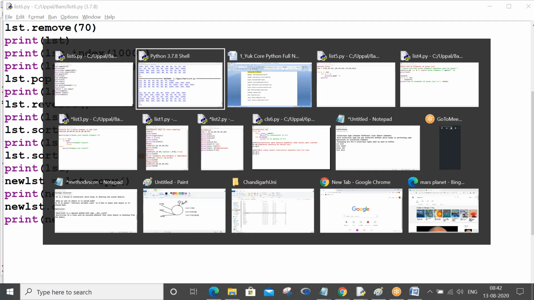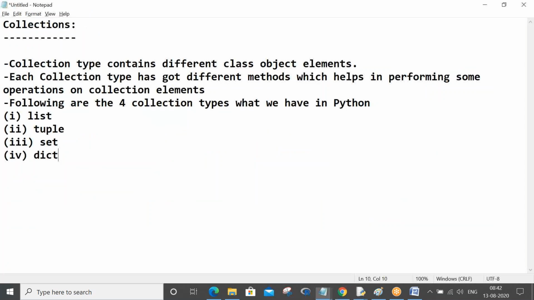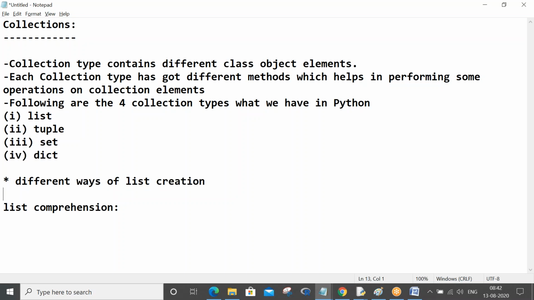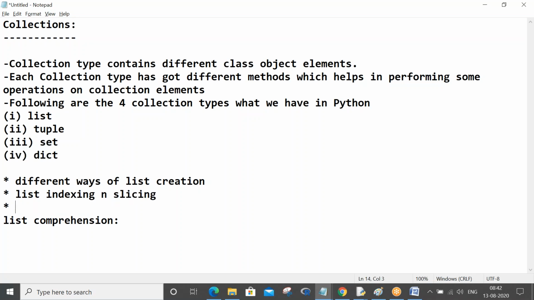Okay, so let's move to list comprehension. Once, what are the topics which we have seen? Different ways of list creation, right? And list indexing and slicing, right?